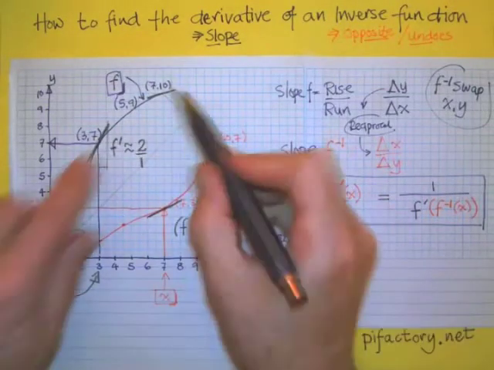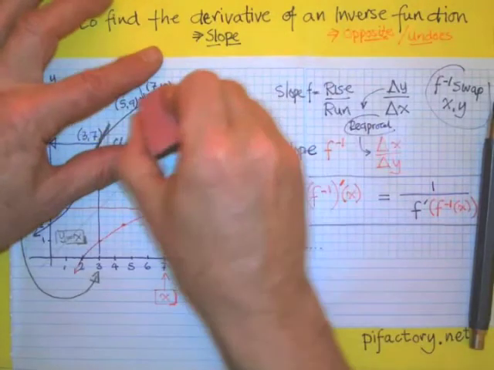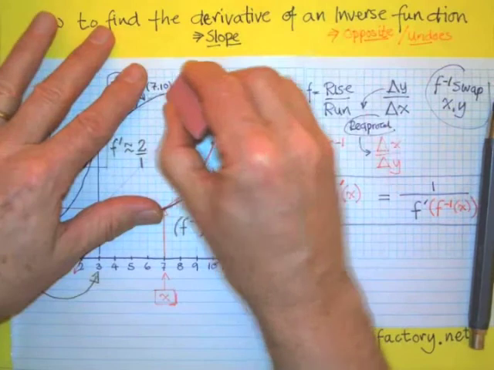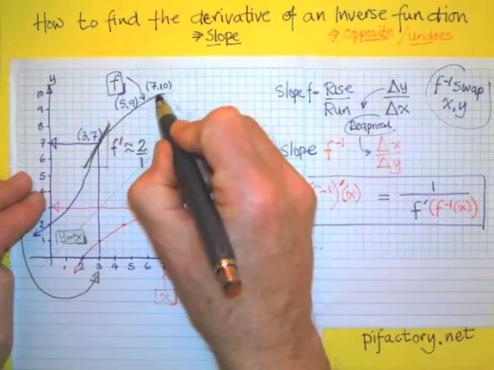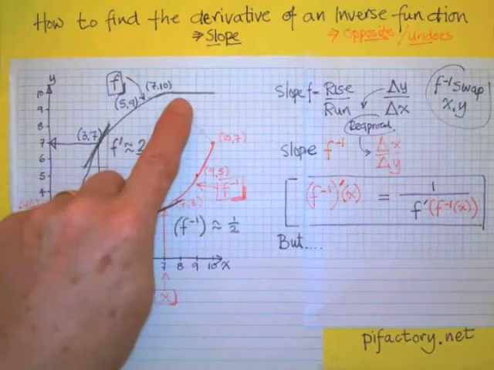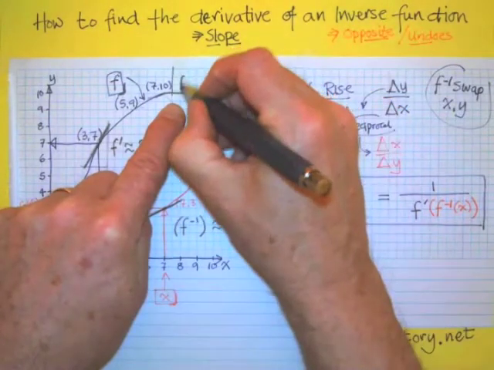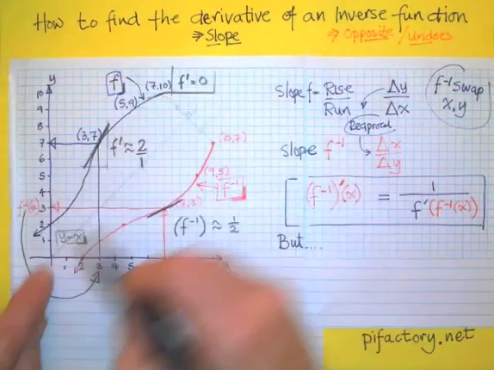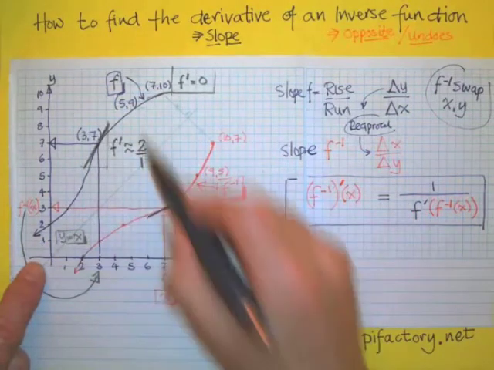But what's the caveat? Well, let's just go up here. Let's just erase our tangent line up here. It's not helping us very much for the next step. If this function flattened out, such that in this interval here, f prime is 0, flat, well, using y equals x, reflecting over y equals